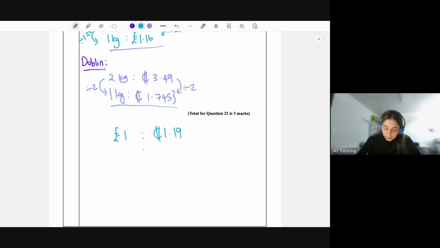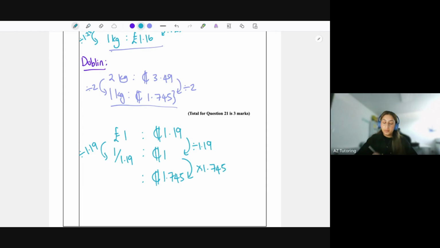So I'm going to get €1 first. I'm going to divide by 1.19 to get €1, and I do the same on the other side, divide by 1.19. That just gives me 1/1.19. I'm going to leave it in fractions because I don't simplify my answer until the very end. I prefer leaving it as fractions so I don't have to write down the whole number. And then I'm going to get that to 1.745, so I'm going to times my €1 by 1.745. And remember, with ratio, you times the other side as well. Times by 1.745. So 1/1.19 times 1.745 gives me